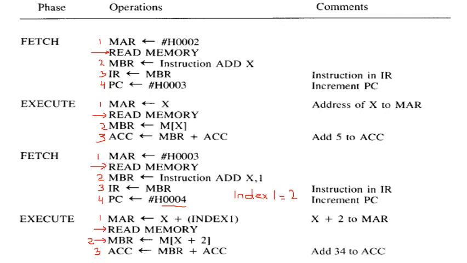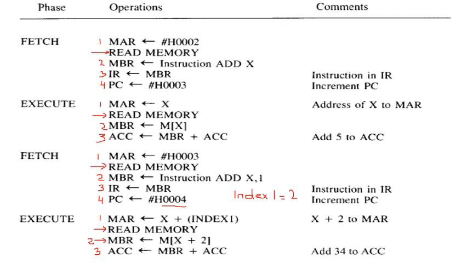So we are going to add data of x, where x is a register. Data of x will be added with the accumulator and the result will be stored in the accumulator. So in step number 1, the address of x will be moved to MAR, that is the memory address register. Memory read operation will be performed and data from the x memory location will be transferred to the MBR. So that will be step number 2 of the instruction execution process.